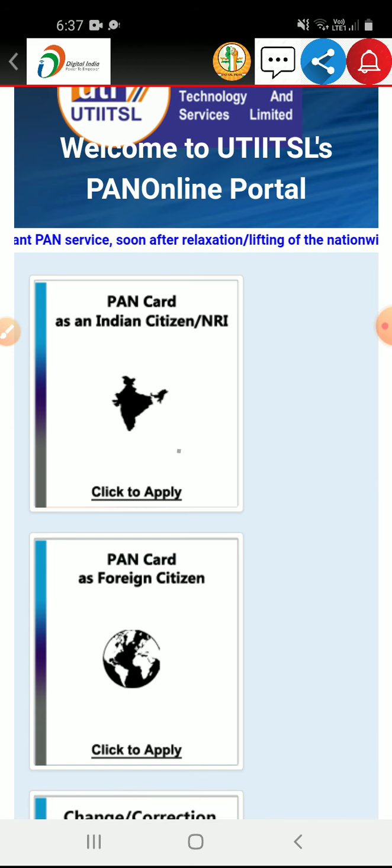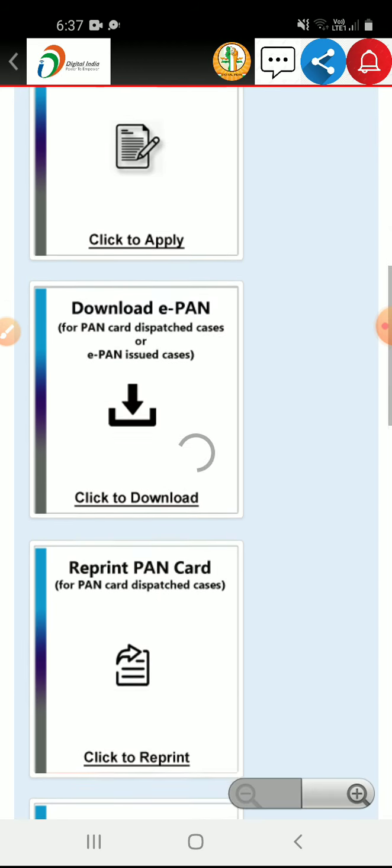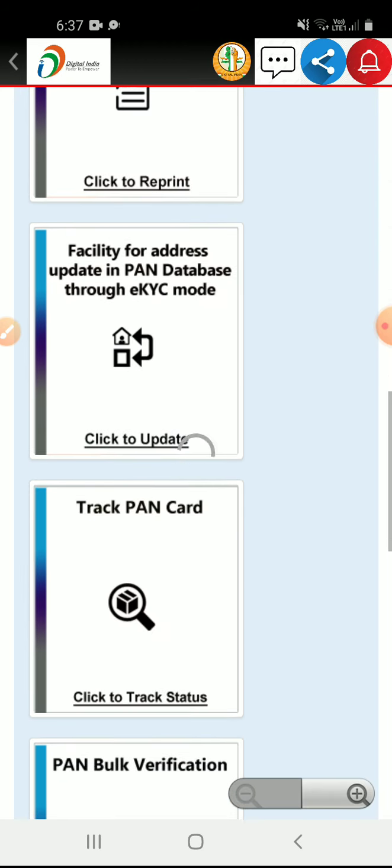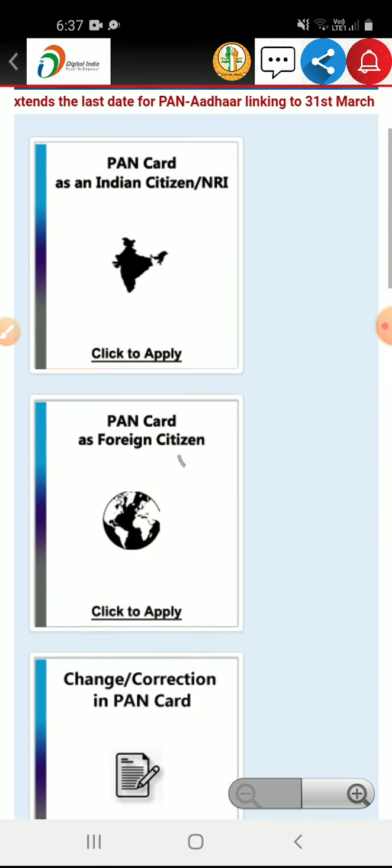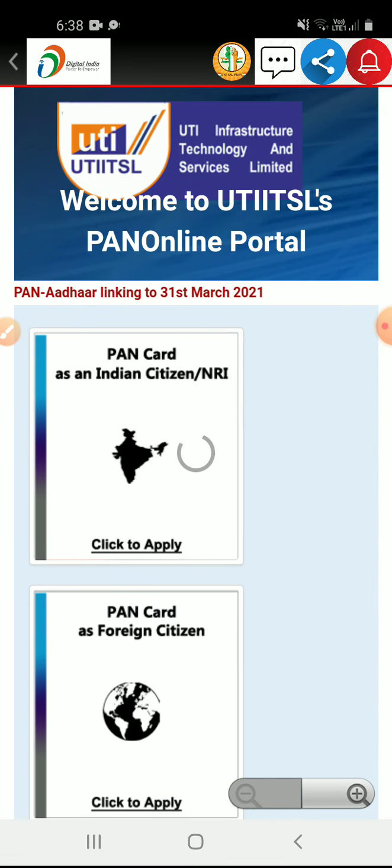After relaxation and lifting of the nationwide lockdown, dispatch of PAN card should be possible only after resumption of postal services. Simply tap here, click PAN, means apply for PAN.